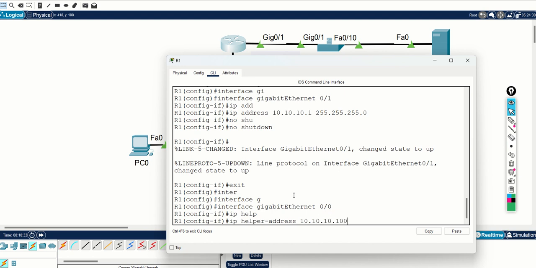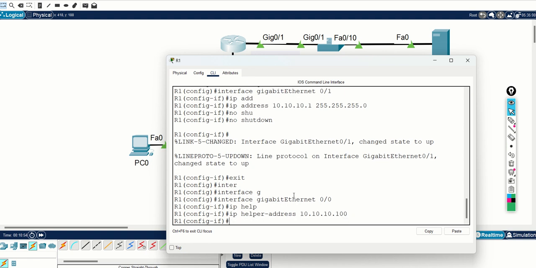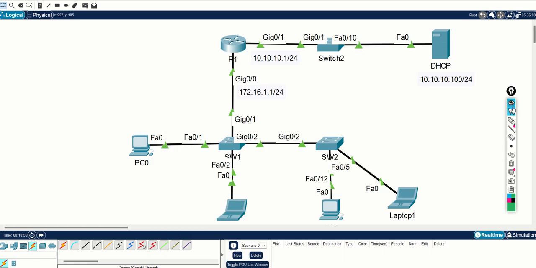10.10.10.100. Got it? Why? IP helper, who is helping to get the IP address to the endpoints? The DHCP server. So always your helper address is the DHCP IP address. Clear? 100%. Enter. Now guys, what will happen when the router receives the broadcast from PC0,